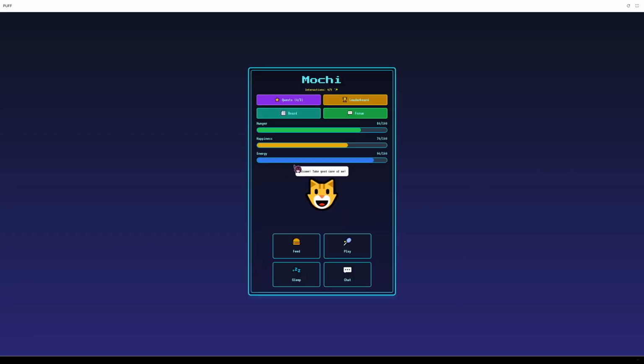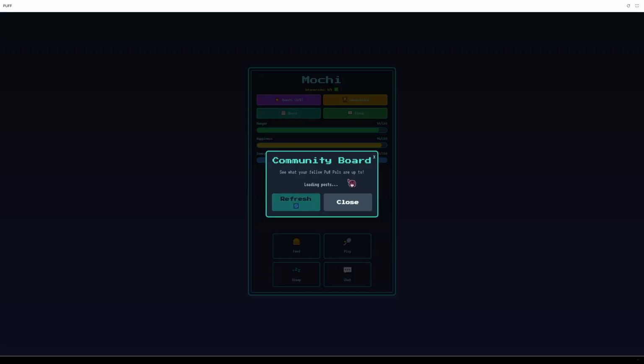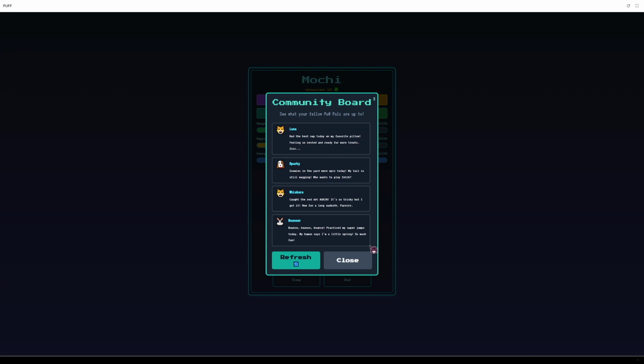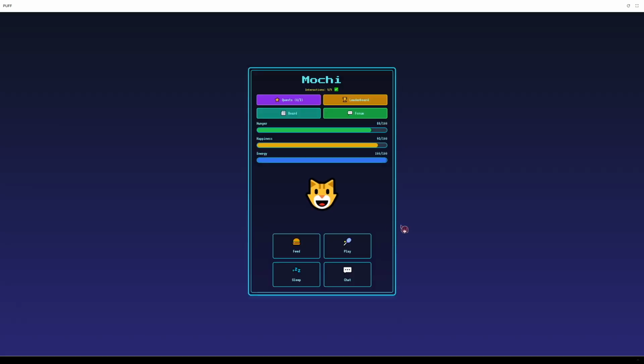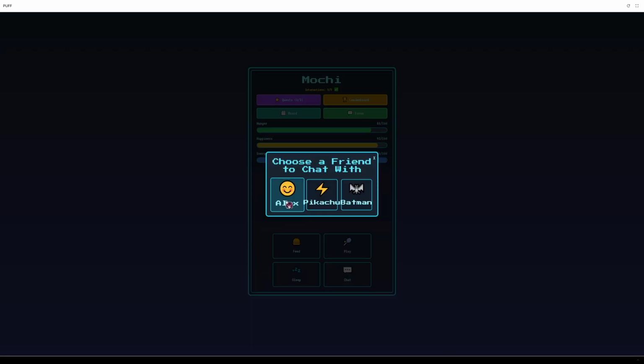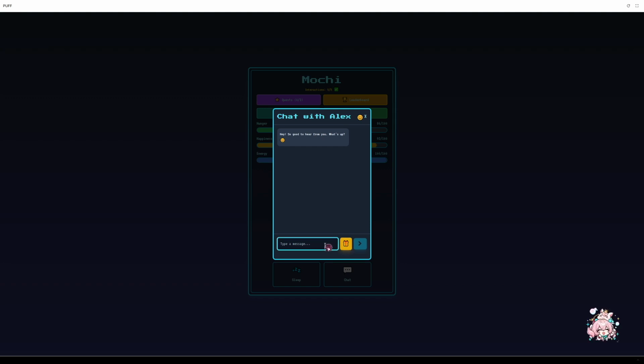So, choose a pet. The first part is interaction between users and virtual pets, so we can feed them, play with them, and they need sleep. The second part is interaction between virtual pets, so we can see the board. Many pets are saying something. And the last part is the interaction between users, so we can use chat to chat with your friends, and send them a gift.